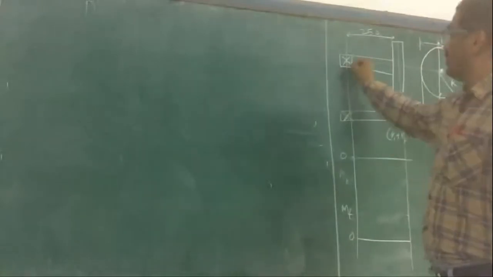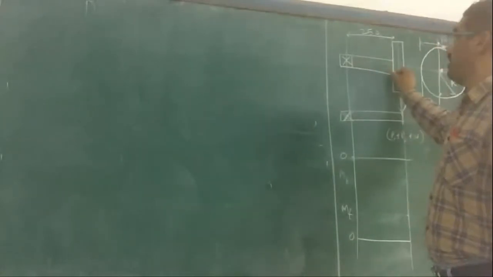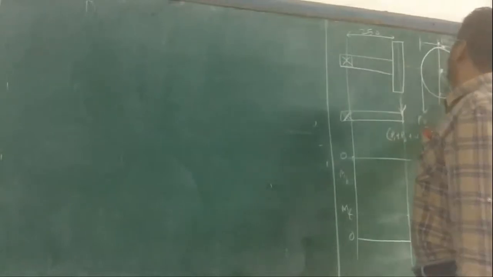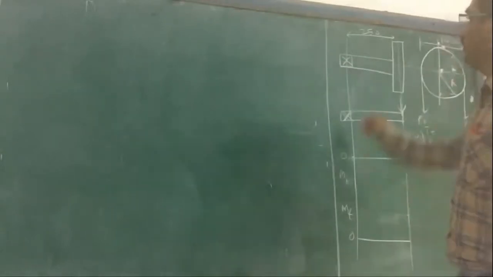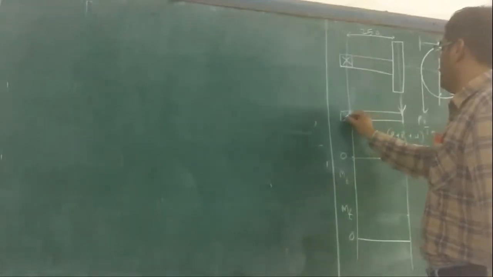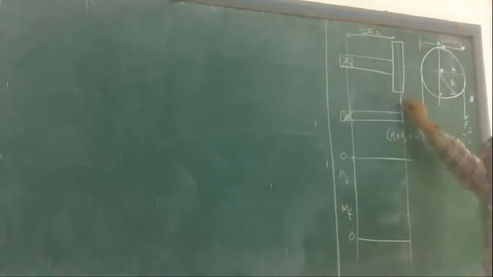So this is the bearing, and from the bearing it is overhanging outside by 250 mm. The diameter of the pulley is 1000, so the radius is 500. It's very straightforward. For this kind of shaft, this is the load acting on it. The angle of wrap is 180 degrees, and both tensions are downwards. It is mentioned there, vertical.